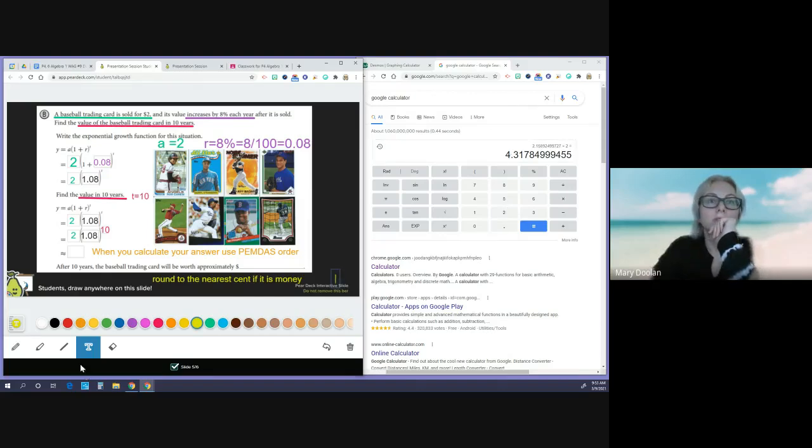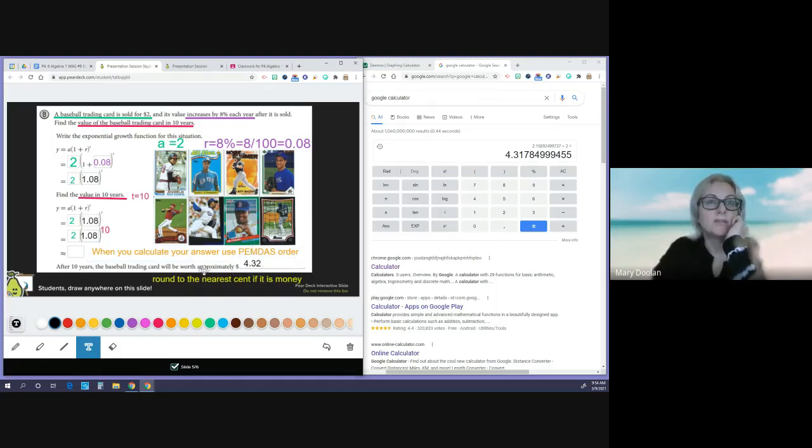So the dollars are 4. Getting this cursor right where you want is difficult sometimes. $4 and 30, is it 31 cents or 32 cents? When you round, yes, Angel. Yes, Mauricio, 32. You have to look next to the number that you're rounding. I'm rounding the 1. Next to it is a 7. So that means this 1 turns into a 2. So it's $4.32